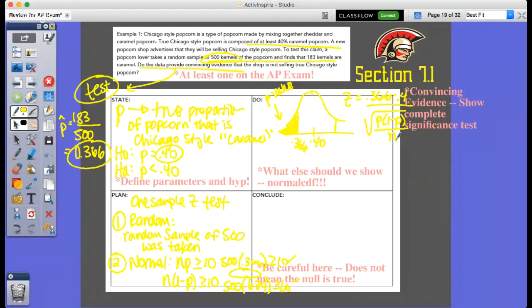And so you would just simply plug in what the proportion is. In this case, it would be 0.4 because we assume 0.4 to be true. And so what we would do is have 0.366 minus 0.4 divided by the square root of 0.4 times 0.6 divided by 500,